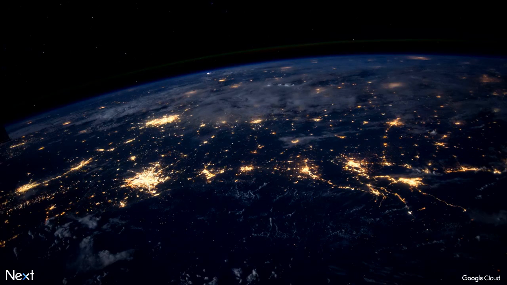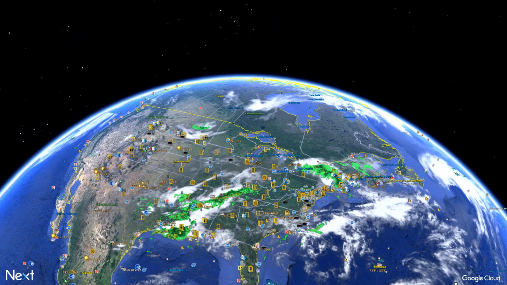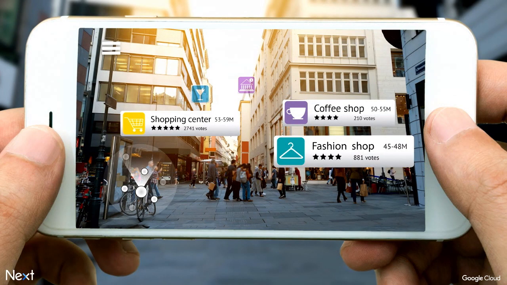So let's dive in. Google Maps has been building and expanding a deep understanding of the world since 2004. And since 2005, we've been making pieces of that model available to developers like you. In fact, the Maps API was one of Google's first APIs ever. So over the last 13 years, our model of the world has evolved from providing static maps to dynamic maps